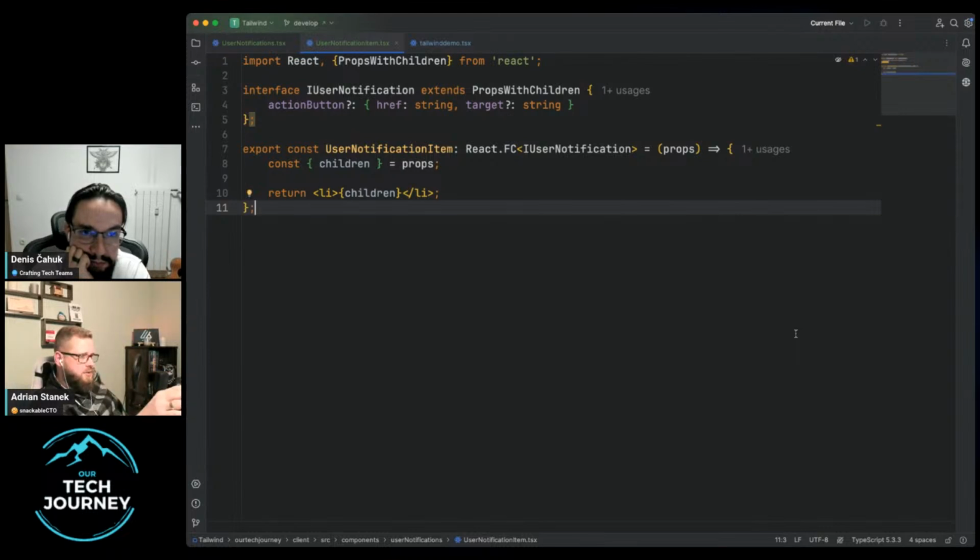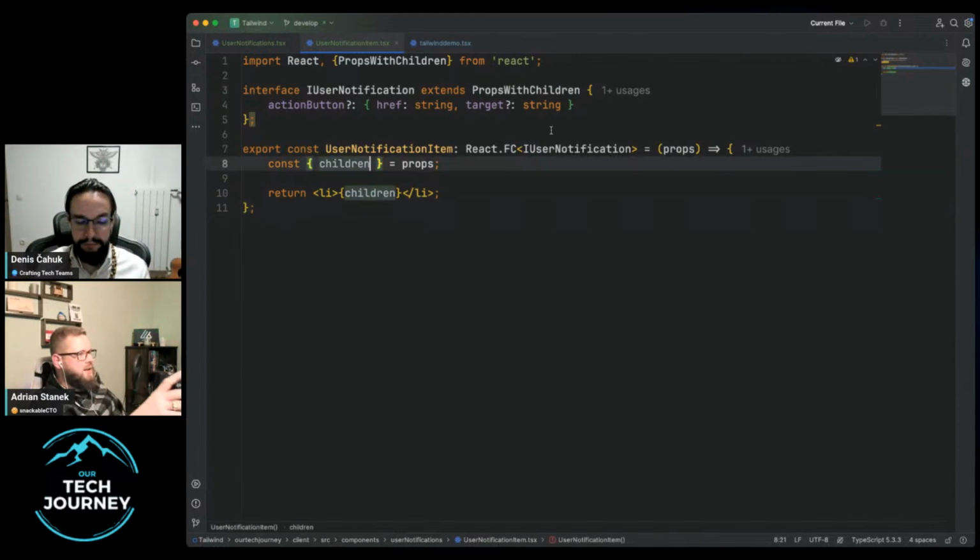So we have the children and we have the li element. Inside those, we now need to create an optional button, which only renders when an action button is defined. This is a conditional render in React. This is different to what we did in jQuery or Prototype, where we basically set display none on those things, so they were rendered but hidden. And this is now different.